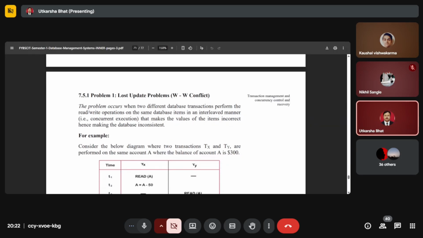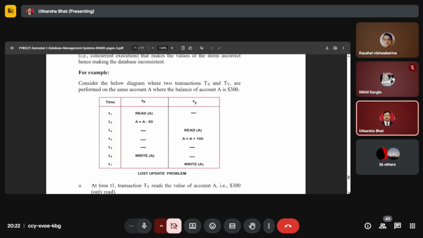For example, consider the below diagram where two transactions Tx and Ty are performed on the same account A, where the balance of account A is